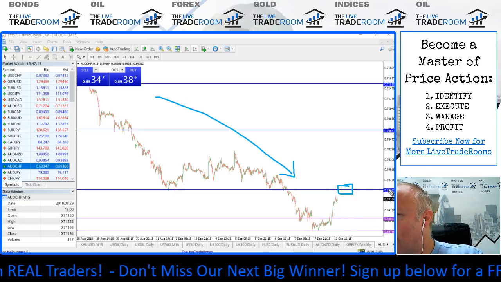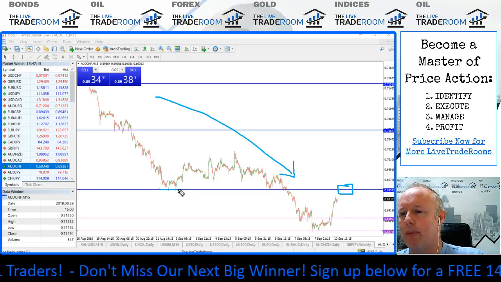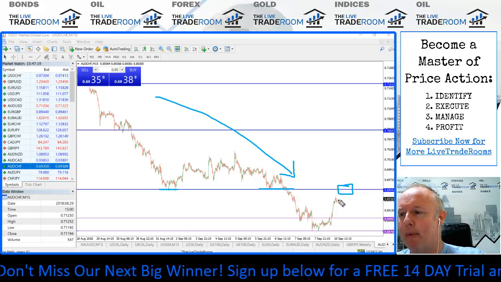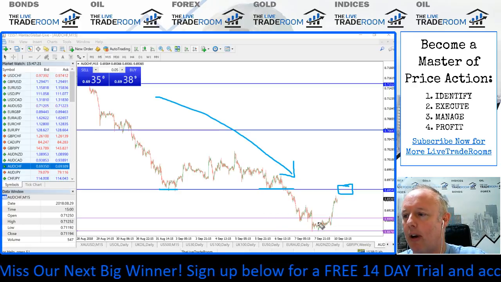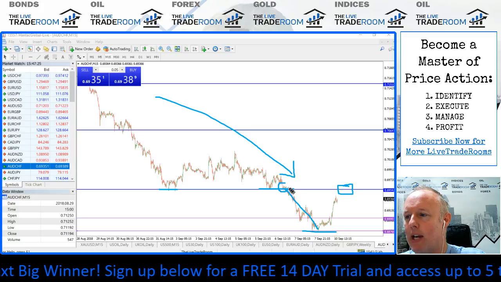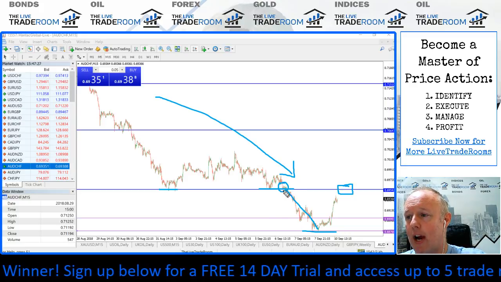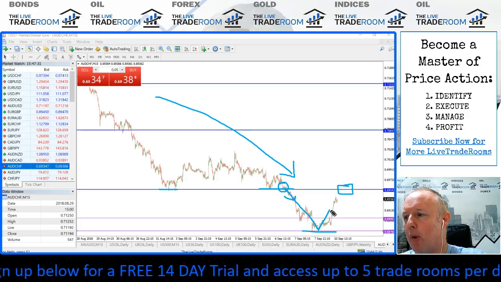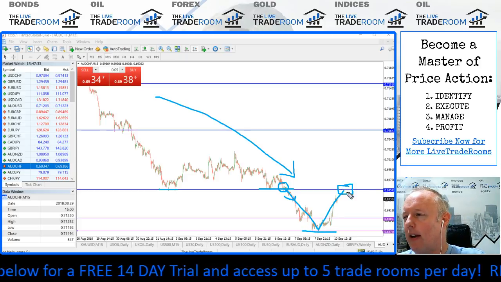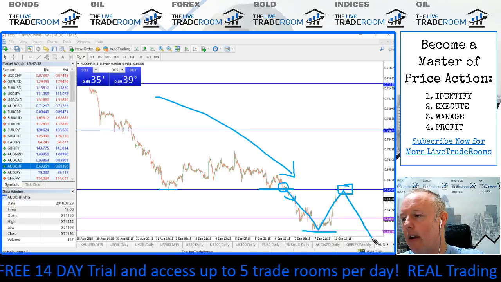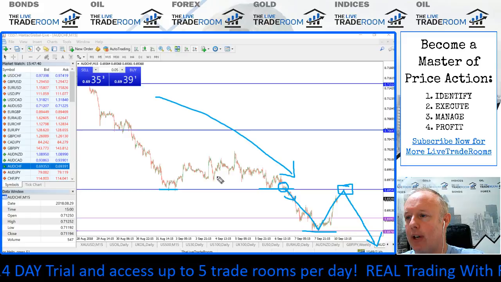The reason why we know that the 69.54 is it's previously been a strong level of support. So how many times could you look at these charts and think, right, we've made a low, we've bounced, we've broken out of a major level of resistance. So this is the trade we'd look to take. Firstly, take it to the downside, but then on the pullback, we'd identify the 69.54 as somewhere there or thereabouts to take the next leg to the downside.